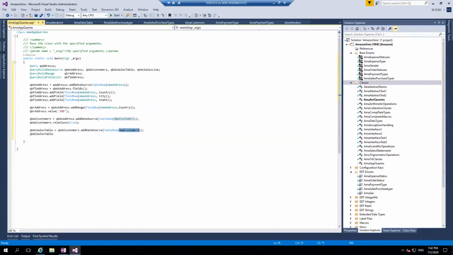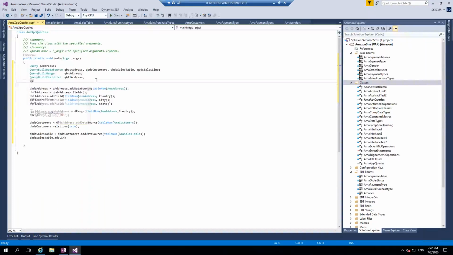Oh right, thank you. It's the AMA sales table. Okay, I am taking the AMA sales table. Now you can see here in this AMA sales table, I will use QBDS sales table dot add link. Or actually, this is called query build link. Whatever we can do is we can use query build link, and then you can say QBL sales table, and you can use QBL sales table equal to